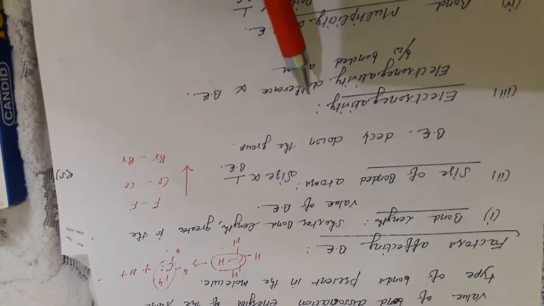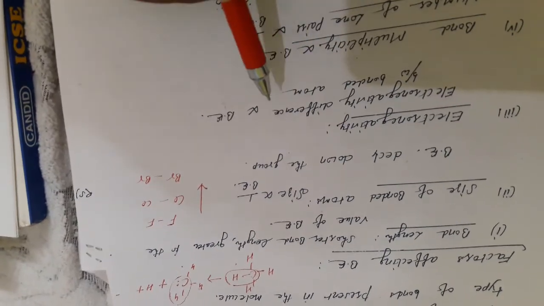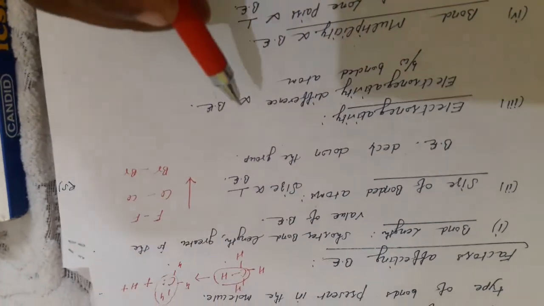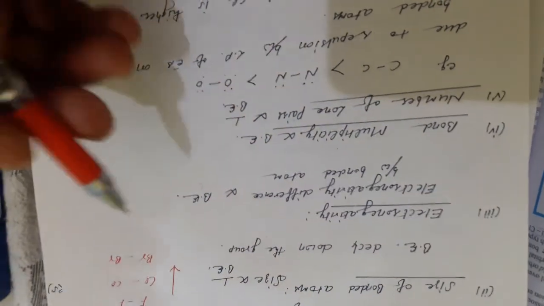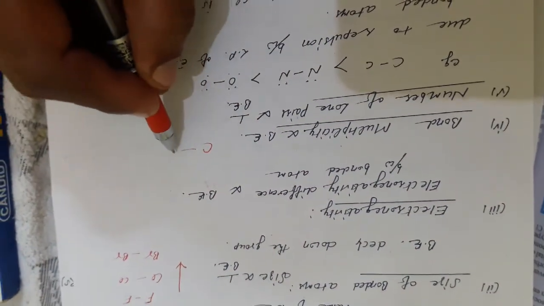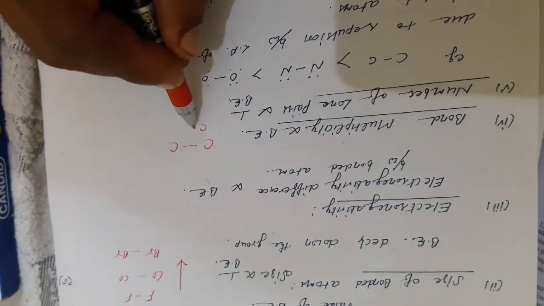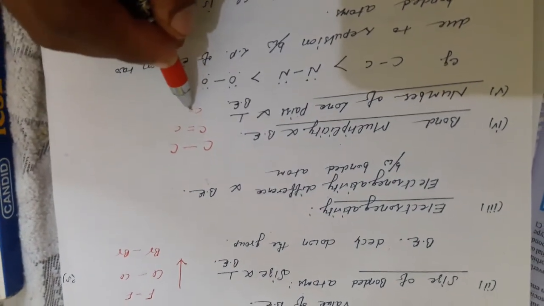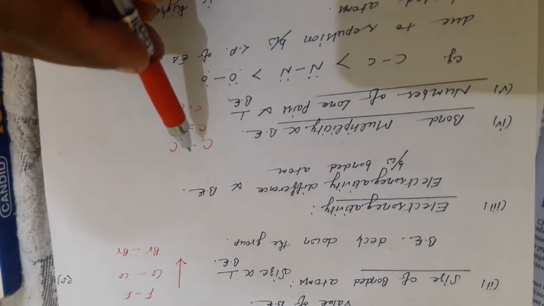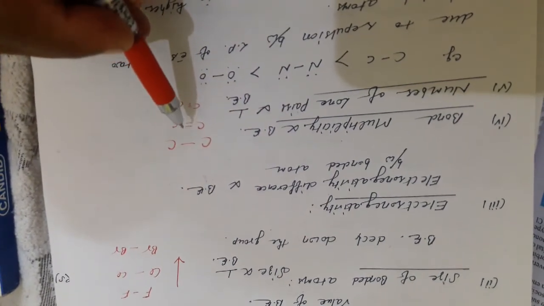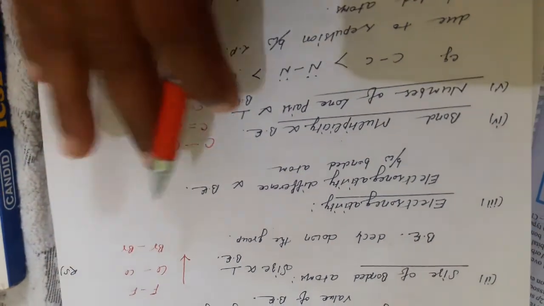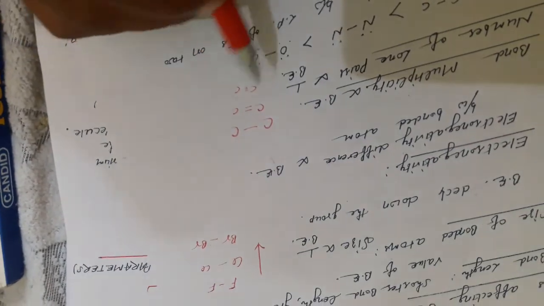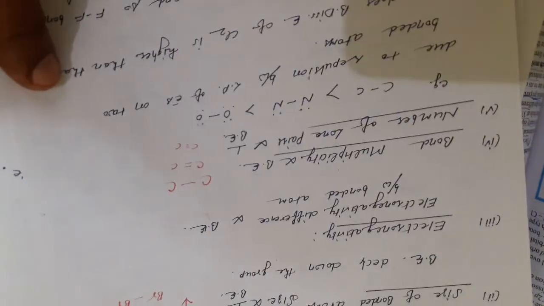Third factor is electronegativity. Electronegativity difference between the bonded atoms is directly proportional to the bond energy. Fourth is bond multiplicity. If the bond order increases, like this is the single bond, this one is a double bond, and this one is a triple bond. So what are you looking at? If the bond order is increasing, its bond length is decreasing, and if the bond length is decreasing, then its bond energy will be increasing.